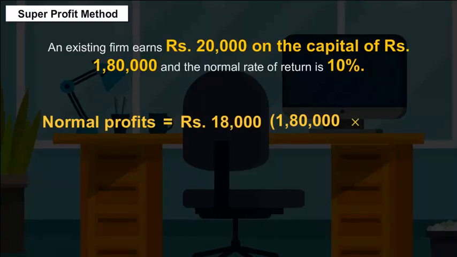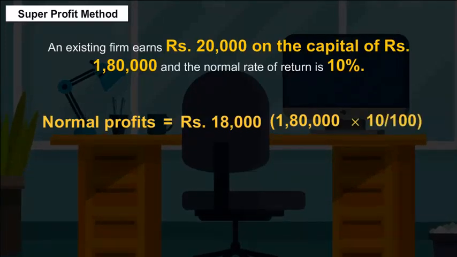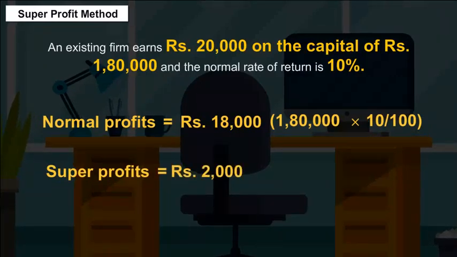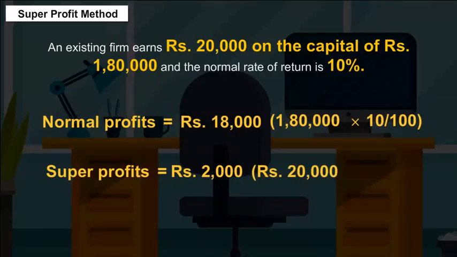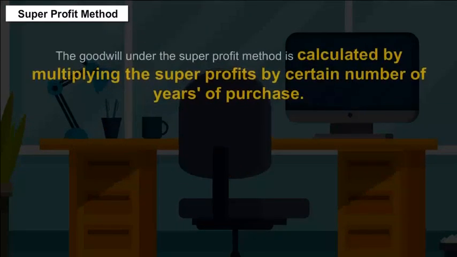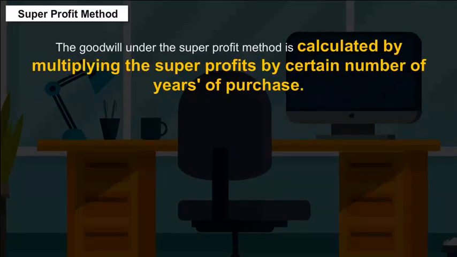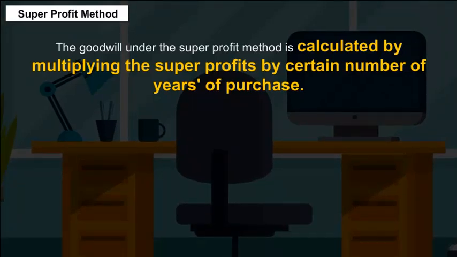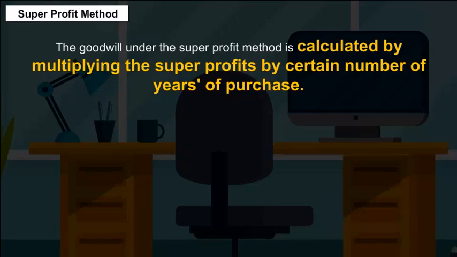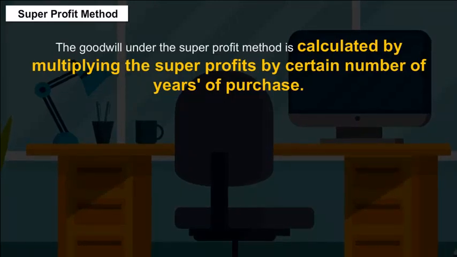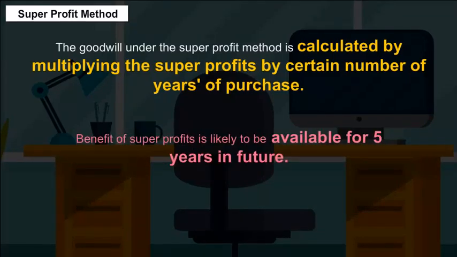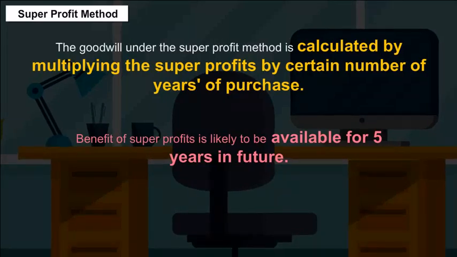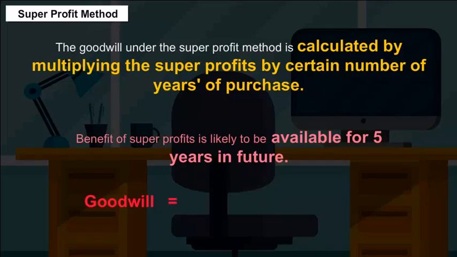1,80,000 multiplied by 10 upon 100. The super profits will be rupees 2,000, that is rupees 20,000 minus 18,000. The goodwill under the super profit method is calculated by multiplying the super profits by a certain number of years of purchase. If, in the above example, it is expected that the benefit of super profits is likely to be available for 5 years in future, the goodwill will be valued at